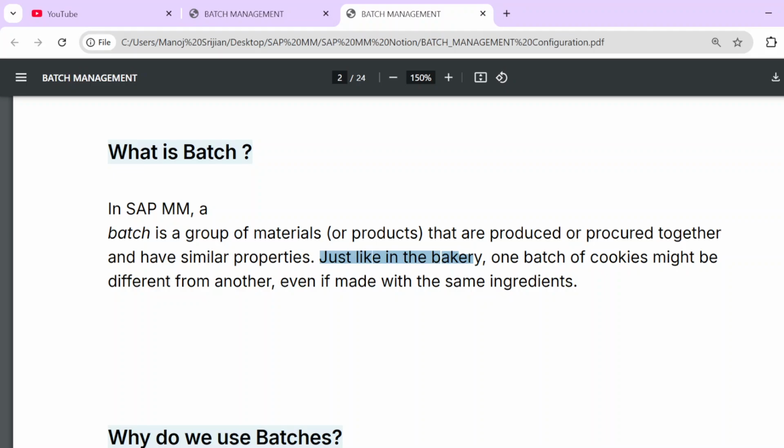In that bakery, one batch of cookies might be different from another. Even with the same ingredients and the same process, the texture and taste can vary from one batch to another.